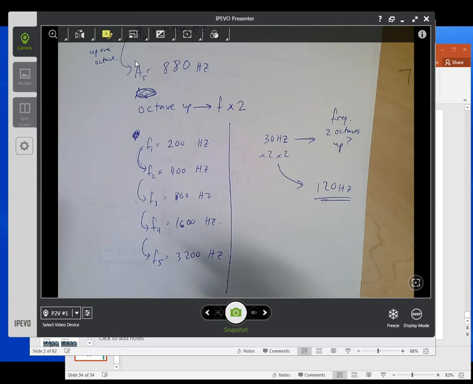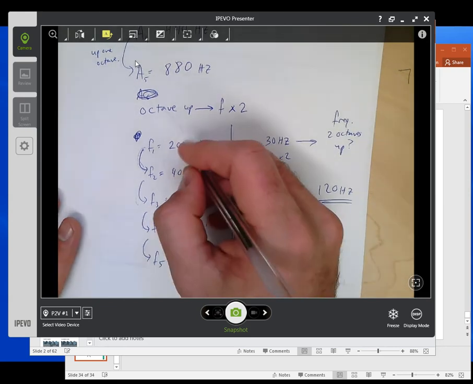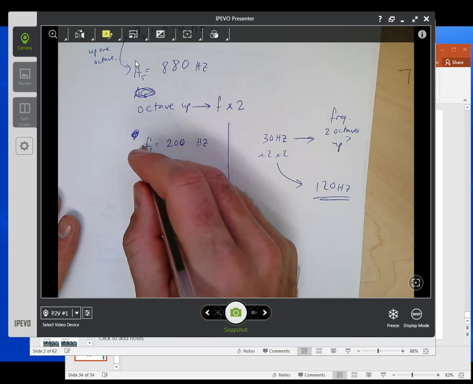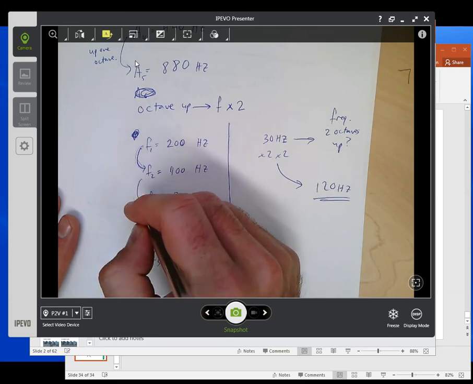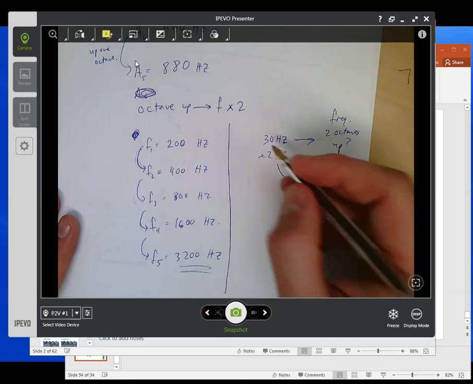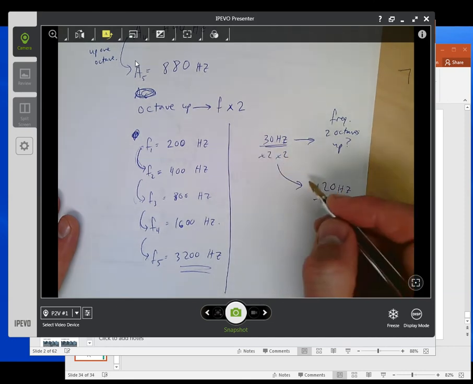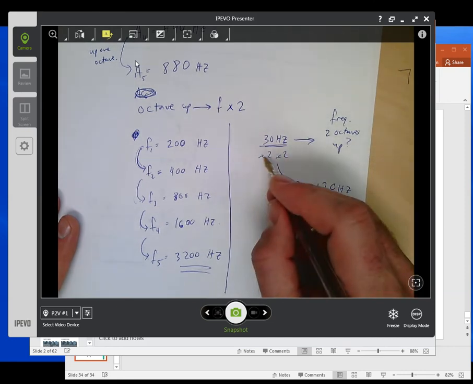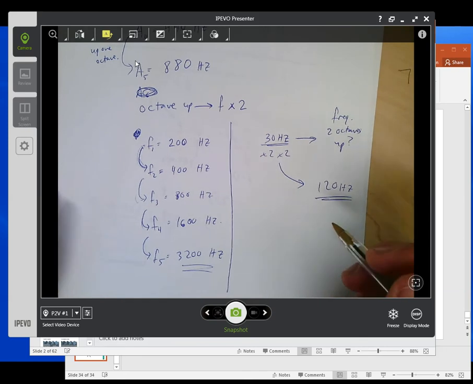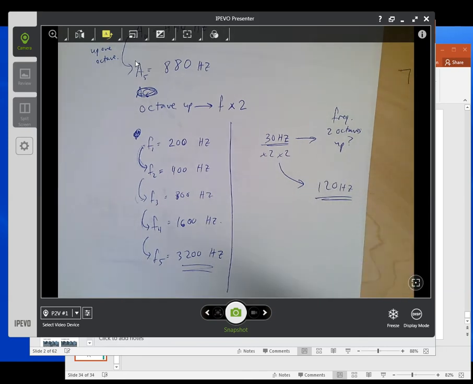So I made a mistake. There's 4 octaves. In other words, there are 5 different frequencies, but if you wanted to go up 4 octaves, 1, 2, 3, 4, from 200 hertz, you get to 3200 hertz. If I started at 30 hertz and I wanted to go 2 octaves up, I should multiply by 2 twice, and I should get up to 120 hertz. The first octave would be 60, the next one would be 120. Okay, so